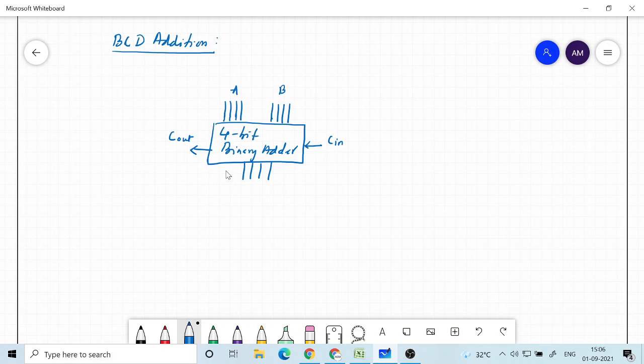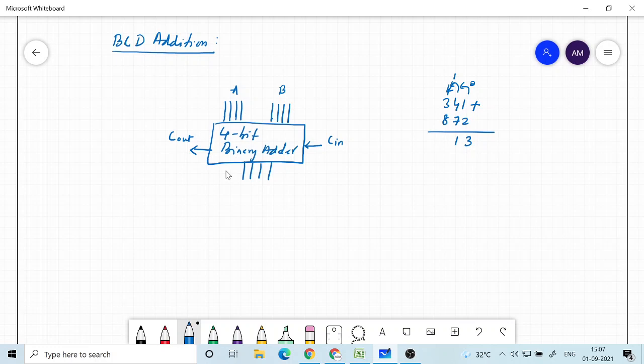If I consider 341 plus 872, then 1 plus 2 is 3, and 4 plus 7 will give you 11, so with a carry. This carry is coming by adding these two, so in the second position we are getting a carry. Here the carry was 0, no carry was coming. So sometimes there will be a carry coming, depending upon the result in the previous bit, and we are basically focusing on just one position with a carry input and a carry out.